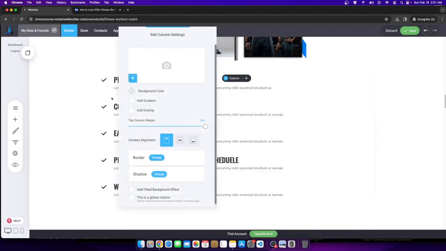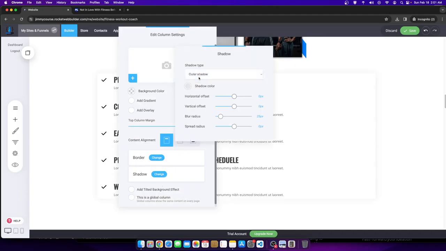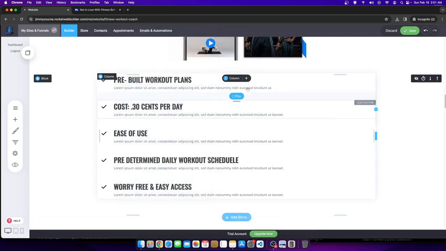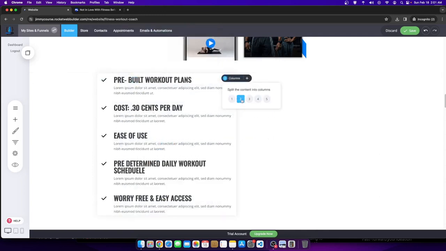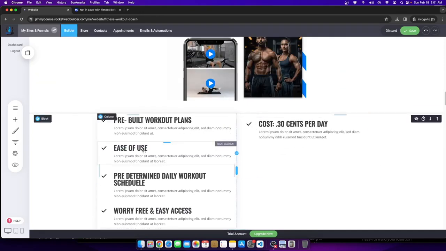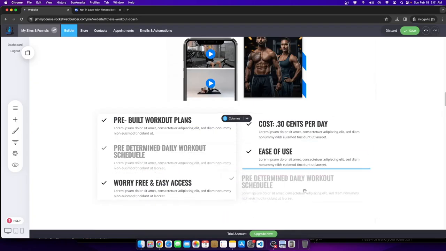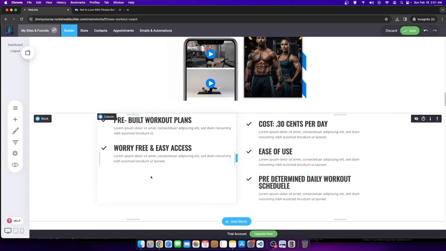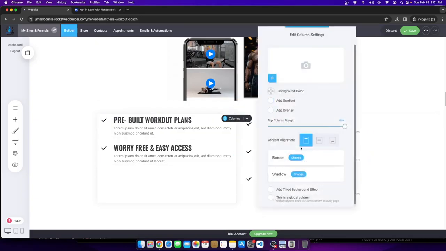And when I set up this column, I want to set up a border, like a shadow border. But what I want to do is set this up as one block with multiple columns in it, right? So I'm going to take this, for example, place this here, and place this here. I might have to figure out a third benefit or something like that that goes here, but I'll set this up, and I'll set up